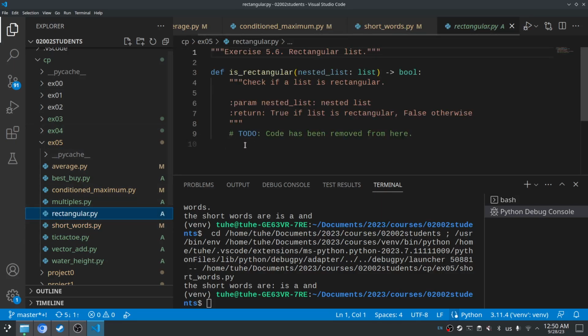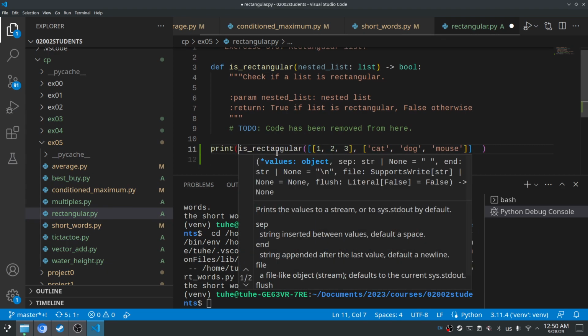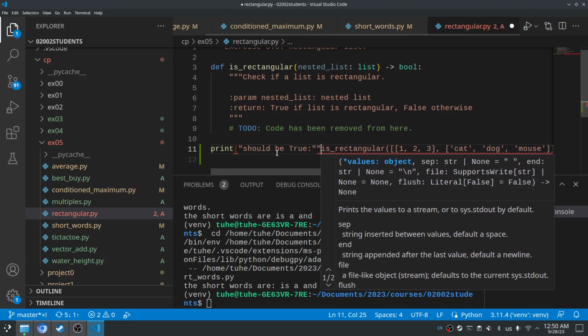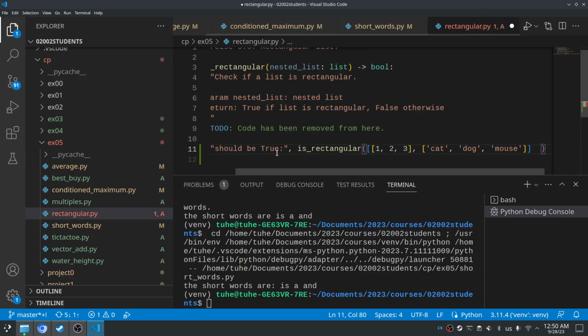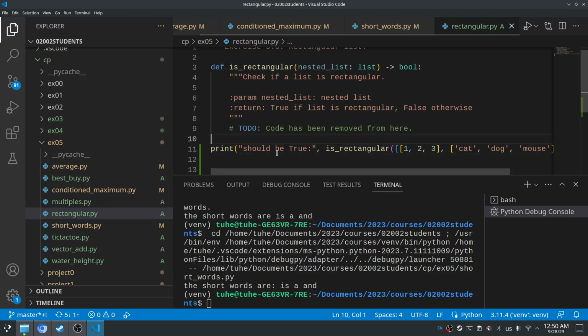Rectangular, and there's no example, so I'm just going to insert the example at the bottom. Should be true, and I call the function like this. Is it? I feel I'm missing a parenthesis or something like that. Maybe I'm not. Okay,